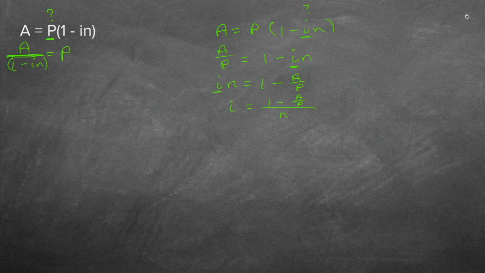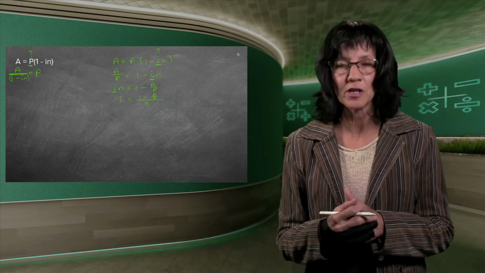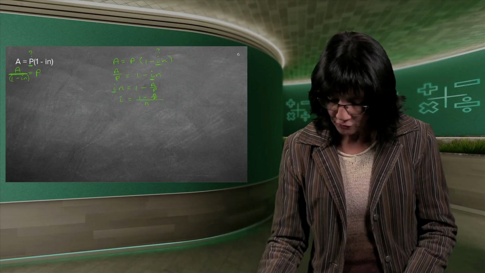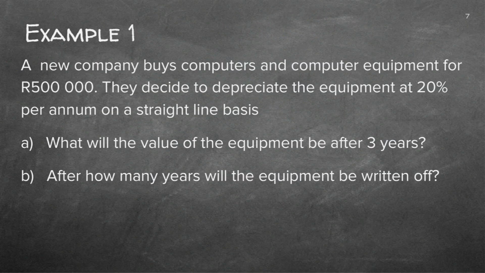Good. But as I say, I don't like formulae like this. It looks complicated. I prefer, and you'll see just now when we start doing examples, to use this formula, fill in all the values that I have, and then see what the unknown is, because I know there will only be one unknown, and then get it all on its own.